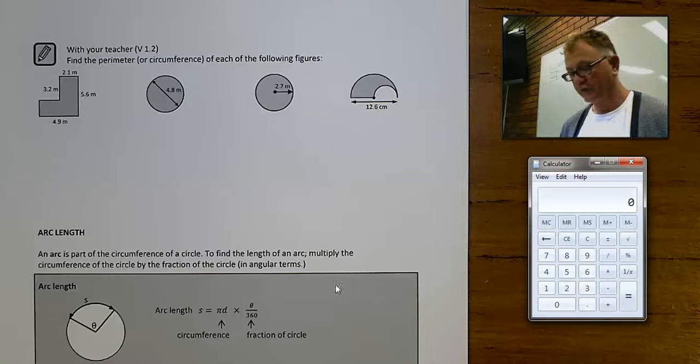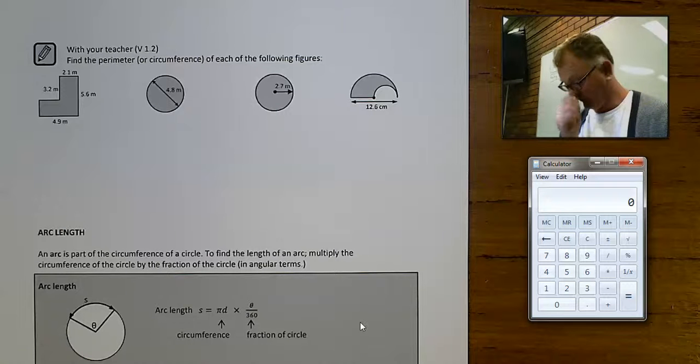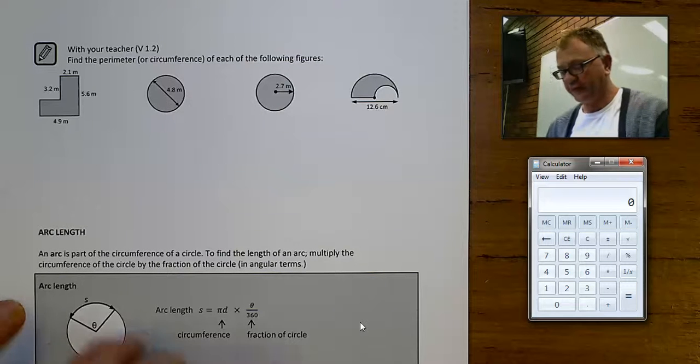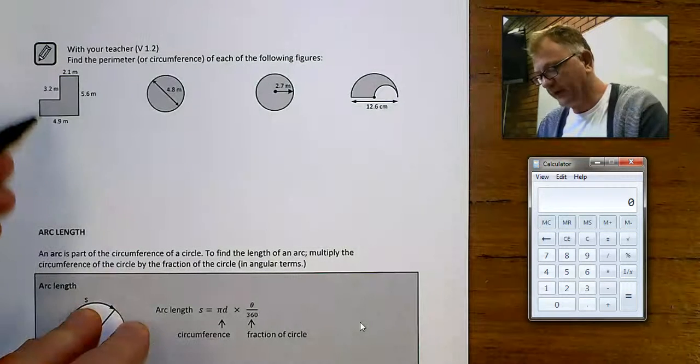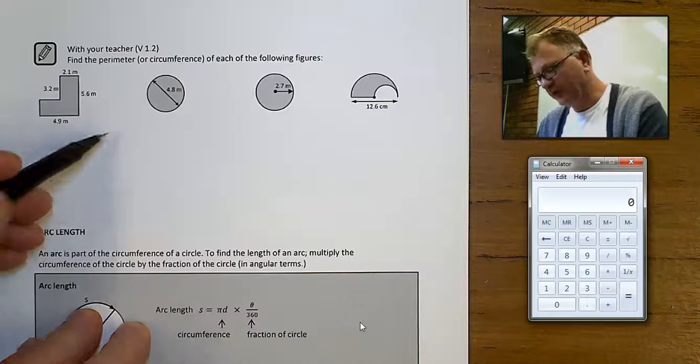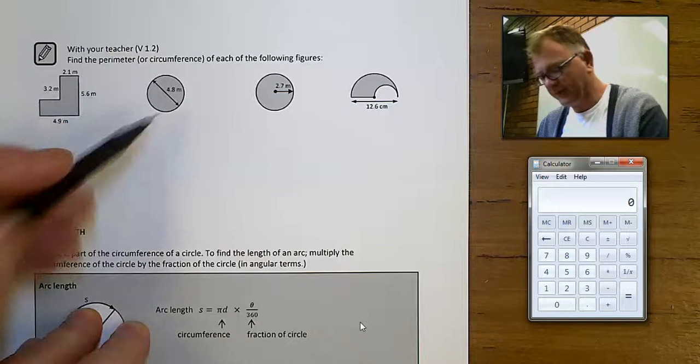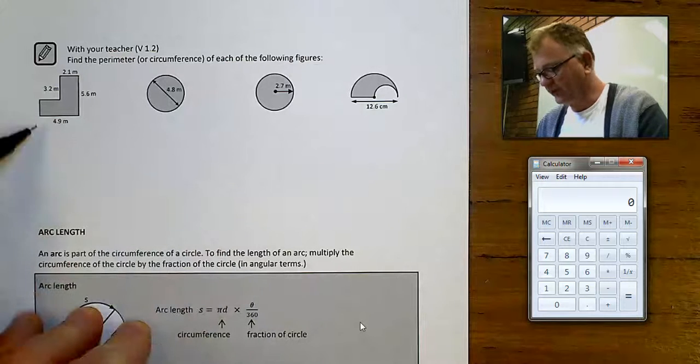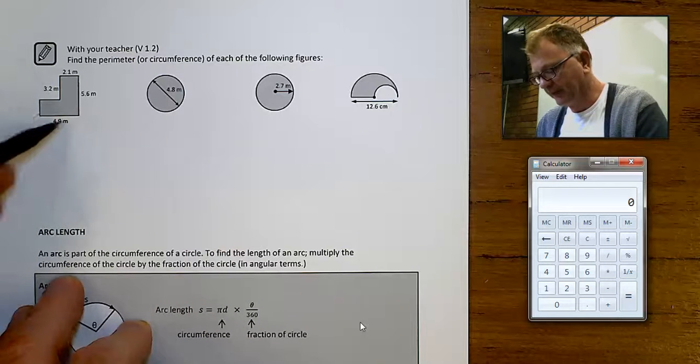We're going to work on some questions which involve us working out perimeters or circumferences of shapes. Now, the perimeter of a shape means the distance all the way around the outside of it. Circumference is a special term for the distance all the way around the outside of a circle. In this first shape here, if we want to work out its perimeter, the distance all the way around, you'll